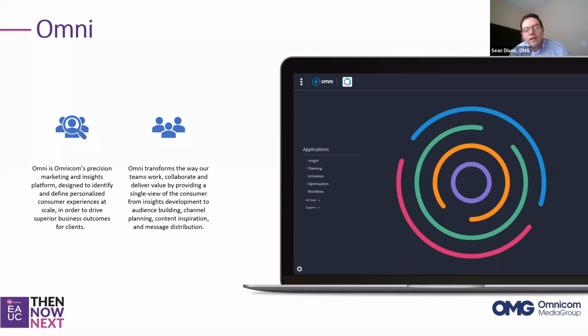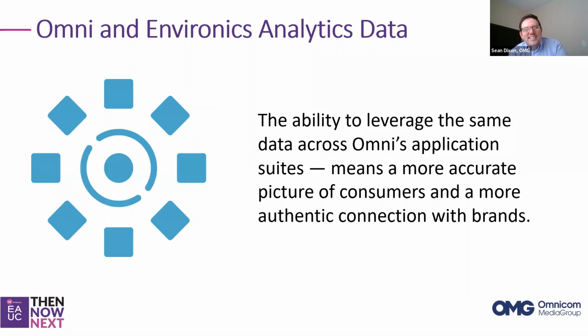That we minimize anything around, well, this data source says things this way, we think that means this and this other data source, and we try and make best fits when we're trying to kind of arbitrarily join different data sets. So, I've kind of spoken to it, but sorry, Peter. Right. The really exciting thing about how Omni works is the ability to leverage that same data across all of